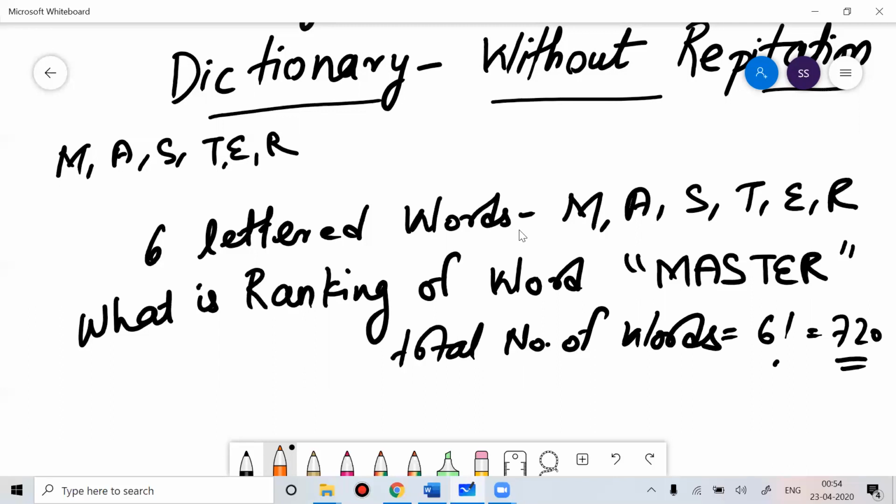Sometimes in competitive exams you get this kind of question: I have 6 colors, red, green, yellow, blue, white, violet, something. With these 6 colors, how many flags can I make? In that case, you will apply this concept of 6P1 plus 6P2 plus 6P3 plus 6P4 plus 6P5 plus 6P6. Anyway, in this question, I'm very specific that I'm not looking for 1-lettered, 2-lettered, 3-lettered, 4-lettered or 5-lettered words. I'm looking for 6-lettered words. So how many words can I make? I can make 720 words.